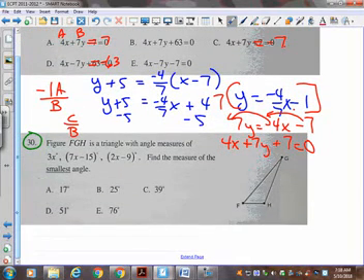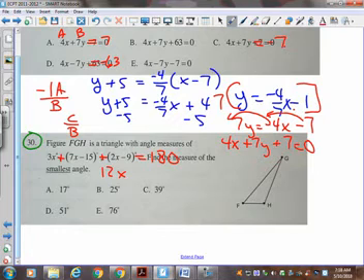Now, you said you had some trouble with this one. What's a triangle make? 180. So all you had to do is add these up and set it equal to 180 and solve. Okay? But what it solves for is x, not the smallest angle. So that would be 10 and 2 makes 12x, and these two would make minus 24 equals 180. And if I add 24 to the other side, that would be